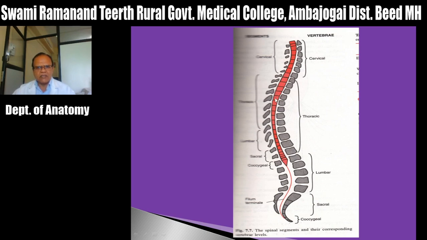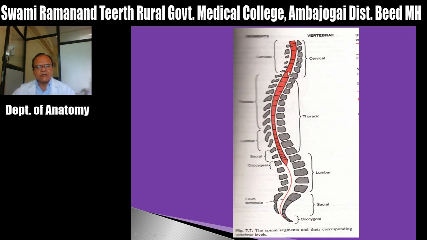Now see, this is the central portion. This is the spinal cord. What is this? The spinal cord is nothing but the cylindrical portion of the central nervous system, which is present at the terminal aspect. When you see the features of the spinal cord, it is covered by various meninges. These are called the dura mater, pia mater, and arachnoid mater. And there is a space between them. Can you see? This is the spinal cord, this is the vertebral column. In between that, there is a space. This is the epidural space.